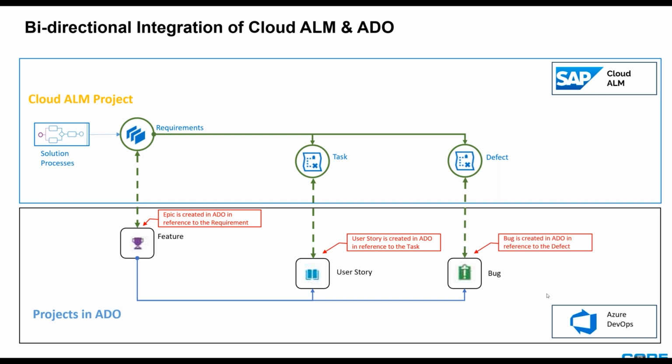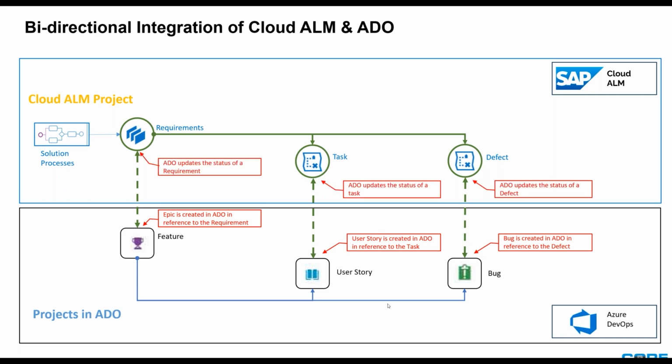In addition, any defects created during testing within Cloud ALM will automatically also generate a bug within Azure DevOps. Also, what's very important is that, depending on the status mapping you set up within our application, at any given time when you update any type of status in either Azure DevOps or Cloud ALM, it will automatically update it